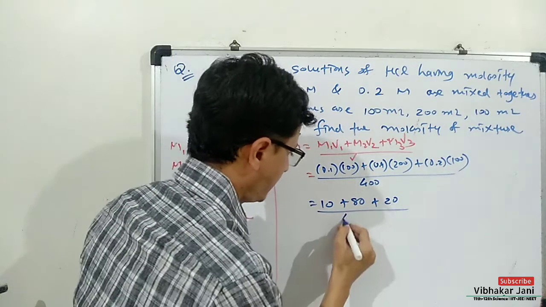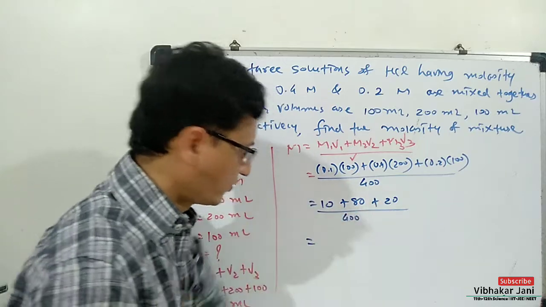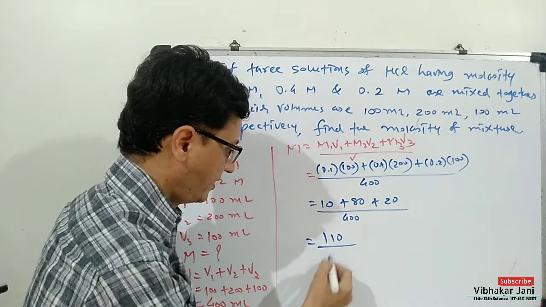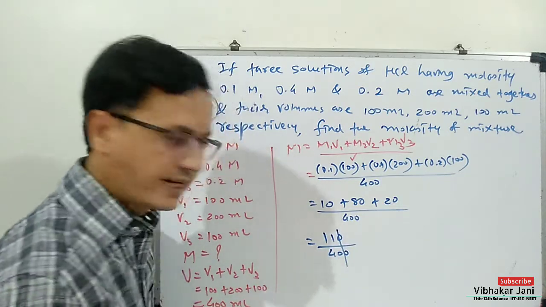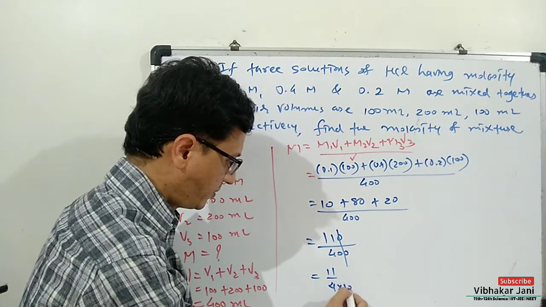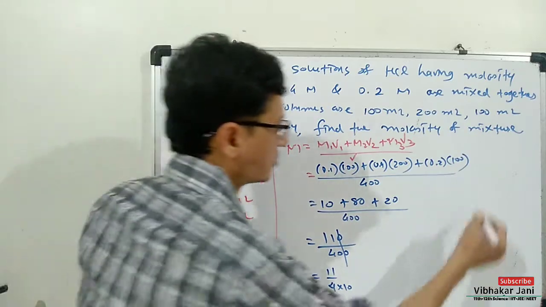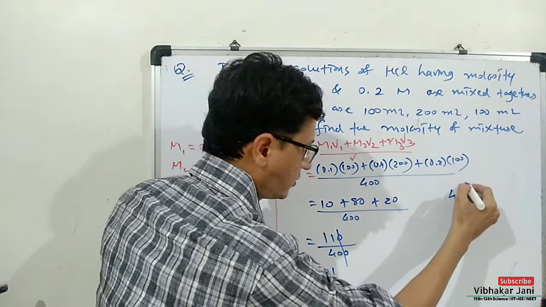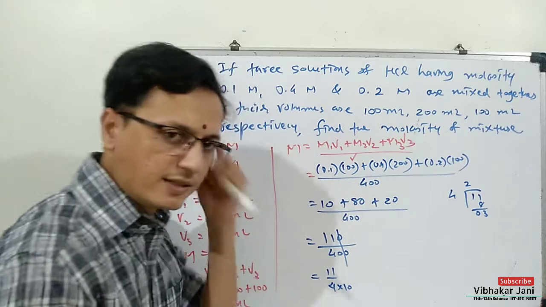and divided by 400. So it is 80 plus 20, that is 100 plus 10, that is 110 divided by 400. Now this 0 will be cancelled. Ultimately we will have 11 divided by 4 multiplied by 10. Now just divide 11 by 4. So 11 divided by 4, then 4 to the 8. So it will give us 3.